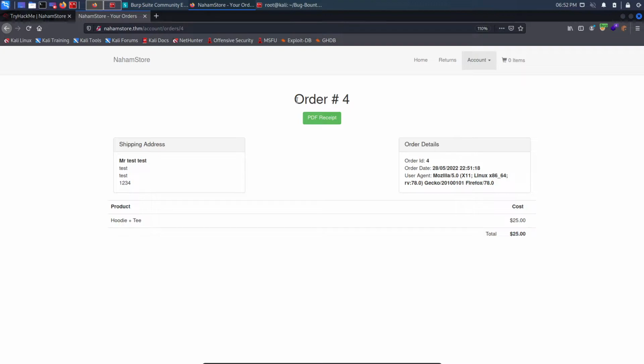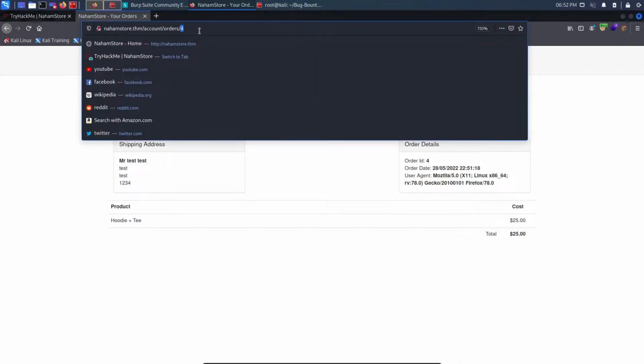So the logical thinking is that I should get an order number 1. So it means that there are some orders, like order number 1, 2 and 3, and I am assigned an ID of order number 4. But the problem is that if I do 1,